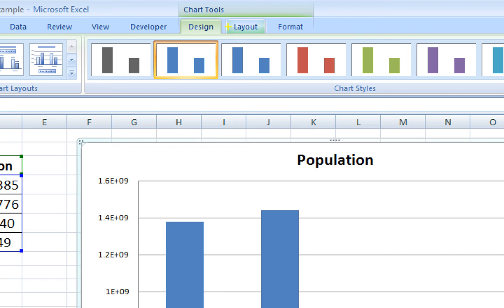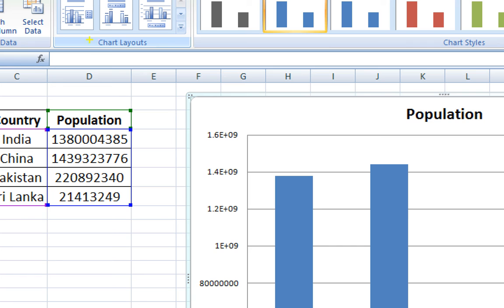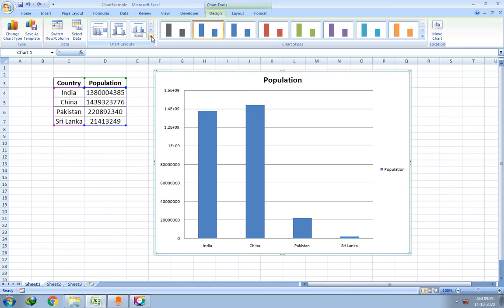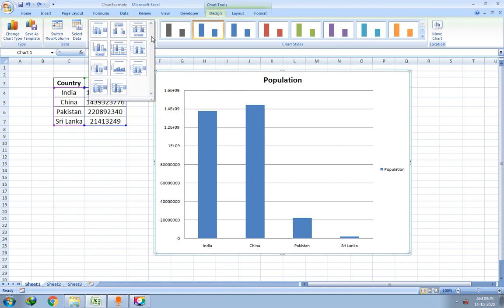They will appear only when you click on the chart, right? So these are some layouts. Type, data, and the third one is chart layouts. Now in these layouts you can select any one of these, or if not, then you can click on the more button. This arrow you have to click, and you can see the different types of layouts.